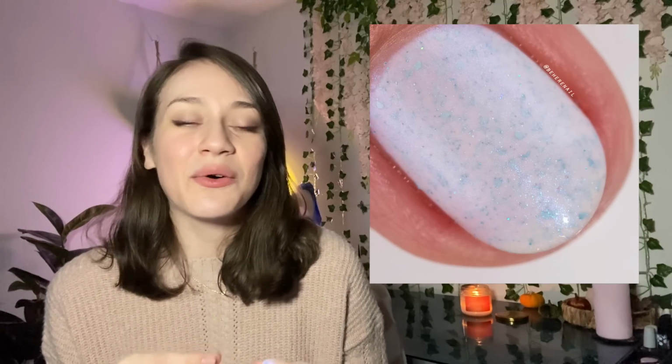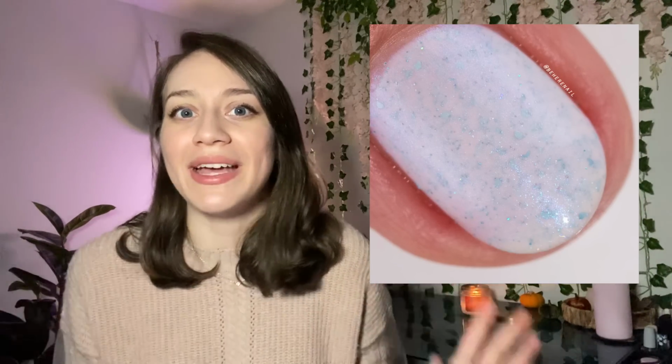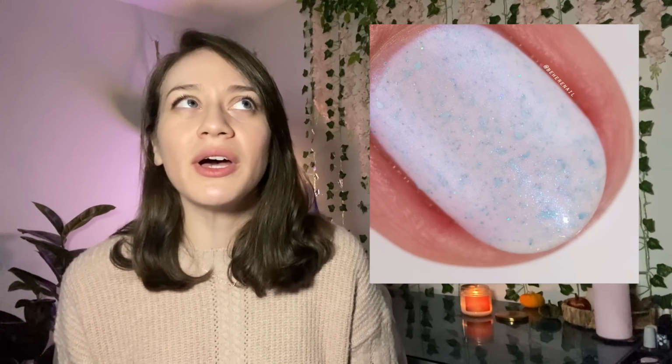And then while I was browsing the later pages on the website, I came across this shade called Winter Wonderland, and I just thought it was so magical. It's basically this white crelly with this really beautiful dusting of aqua blue metallic flaky particle. Again, just so magical, instantly giving me all those icy winter vibes, but in the romanticized, idealized version. It also low-key does give me toothpaste, but I think I'm gonna like it, so I wanted to get it,